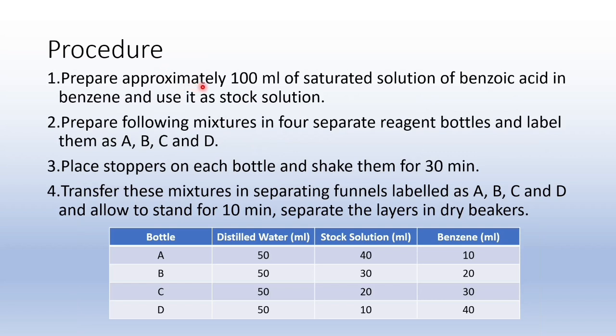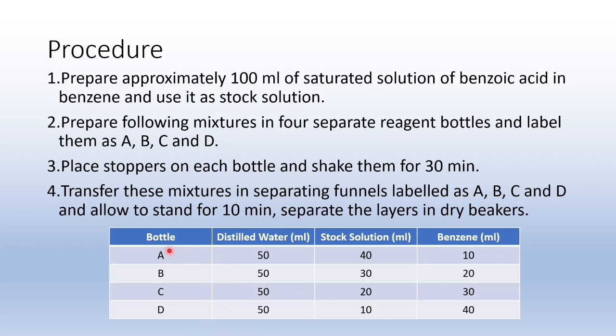Let's have a brief about procedure before performing our practical. We will prepare approximately 100 ml of saturated solution of benzoic acid in benzene. We will use this solution as stock solution. We will prepare following mixtures according to this table in 4 separate reagent bottles and label these bottles as A, B, C, and D. We can use reagent bottles or stoppered flasks to mix these